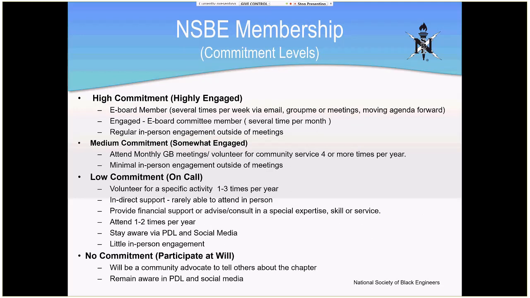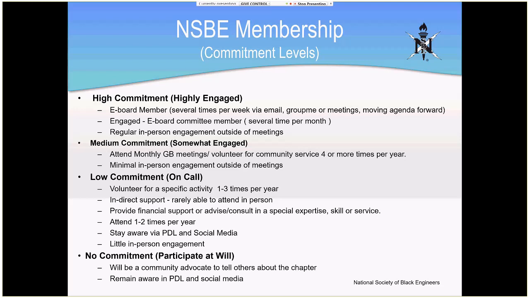Okay, so next we're just going to go over the membership commitment levels. One thing we wanted to point out to everybody is that you don't have to attend every meeting or be on call for everything if you want to join NSBE. There are different levels.